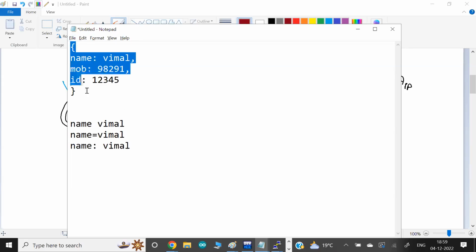So this is one piece of information or one object. If it is a string, it is not always compulsory, but you can put double or single quotes. So this is about JSON, JavaScript Object Notation.